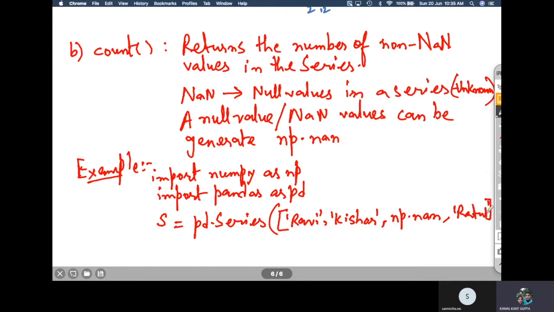So this is a series, and if I'm going to write here print s dot count, how much will it return as per the description of count? As far as we consider the description of count, what will it show us? S dot count returns the number of non-NaN values.